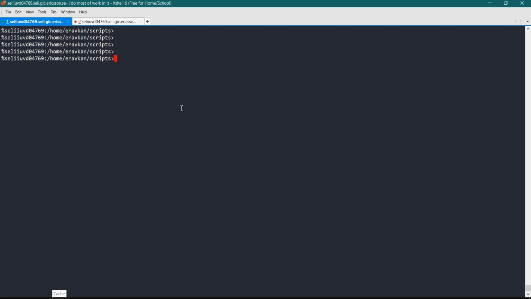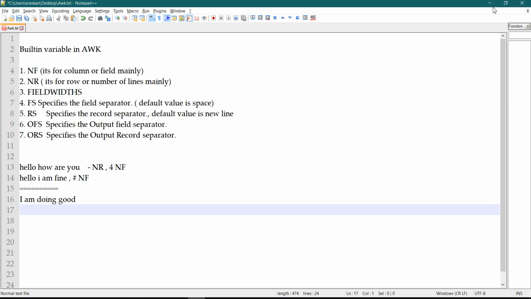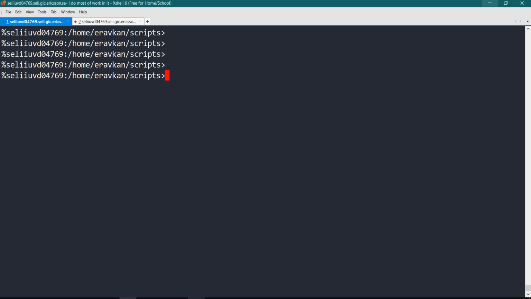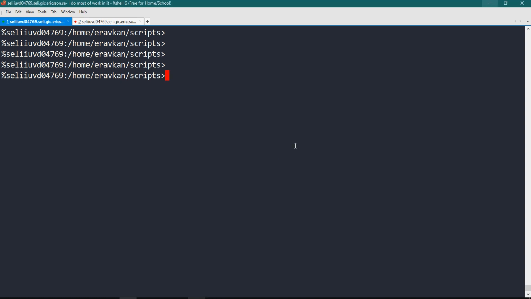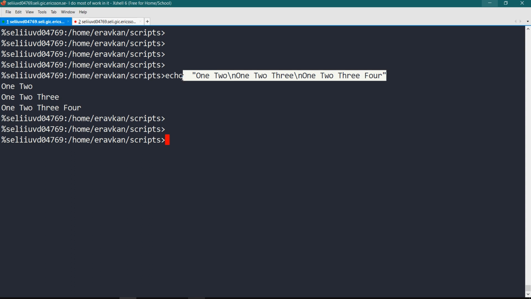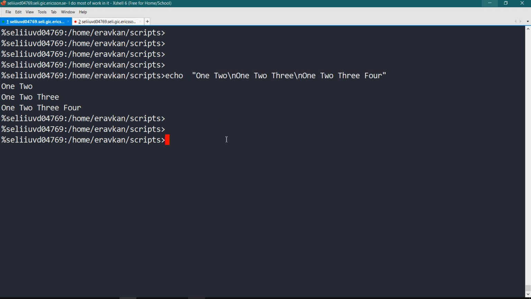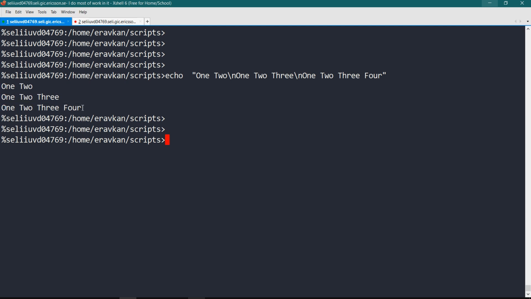Okay, this is my terminal. First we understand NF. I have already explained it, but I will give you one or two small examples so that things will be more clear. Suppose this is my echo statement. To Awk I can give the output of any command. For explaining this example I am using echo, then I will redirect the output of echo to the Awk command. In this echo output, you see this line contains two fields. So here NF equals 2, here NF equals 3, here NF equals 4.